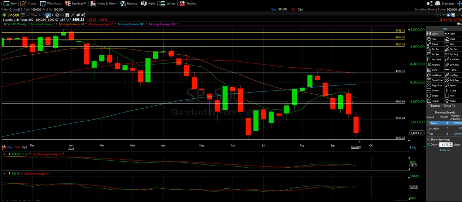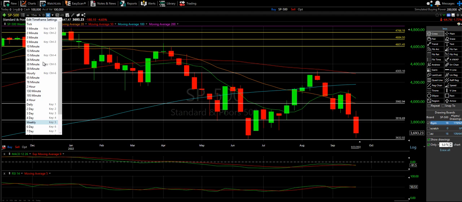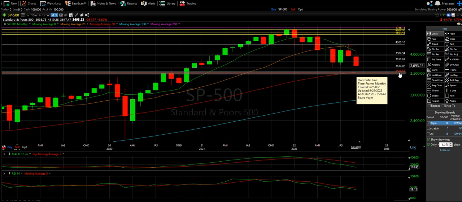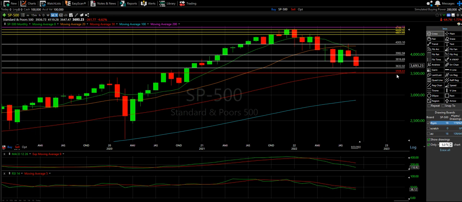So again, let's take a look. I'm going to jump out to the monthly. This is why I am calling my death line the 3,500 number instead of 36. I am going to do the correlation with the NASDAQ and put it on that 50 moving average. It looked like it should have been this 36 because the charts were so identical, but I'm going to put a little more weight on this 50.